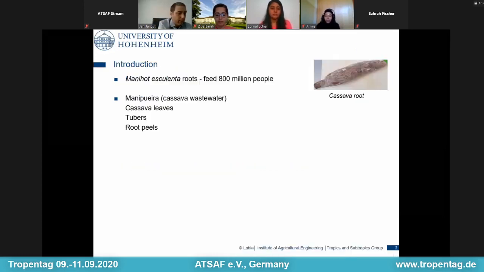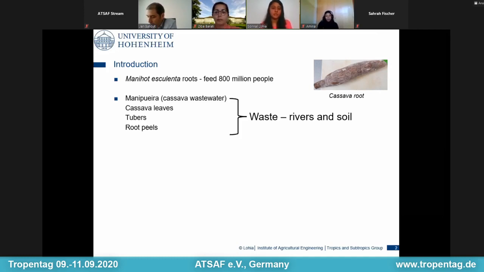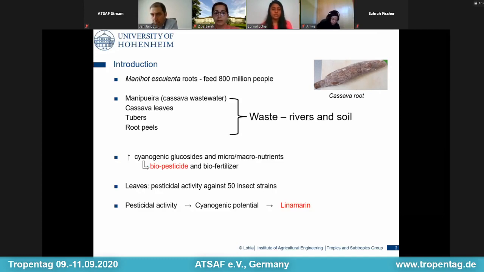And to introduce the topic, I would like to start with mentioning that Manihot esculenta roots, which is cassava root, feed around 800 million people across the globe, majorly in Africa and South America. The other parts of the plant, which is cassava wastewater from the detoxification, cassava leaves, tubers, and root peels, are discarded as waste in the rivers and soil. However, these parts consist of high amount of cyanogenic glucosides and micro or macronutrients,